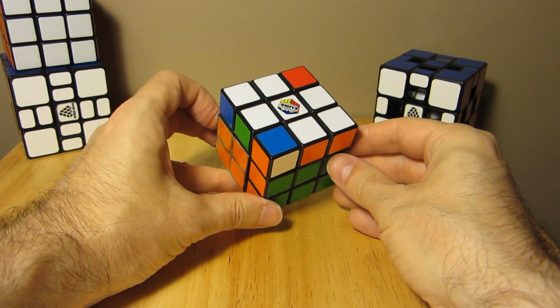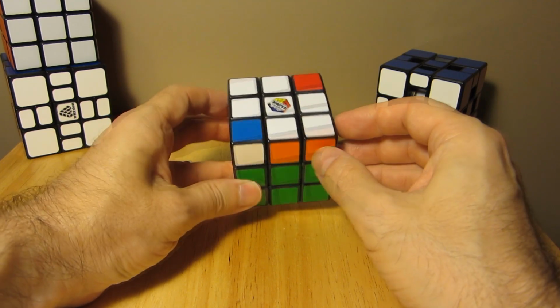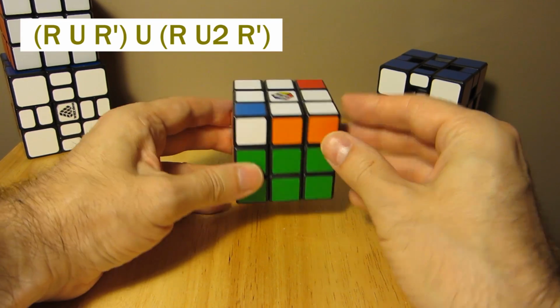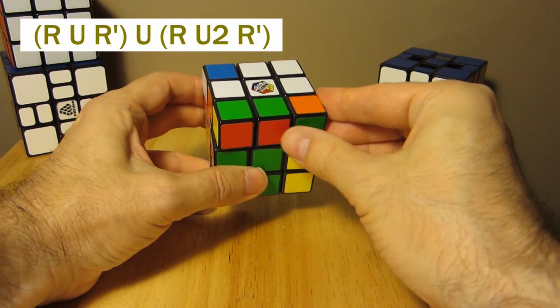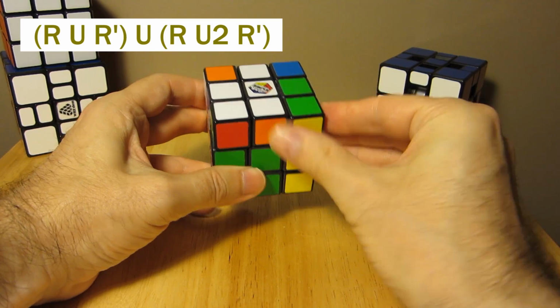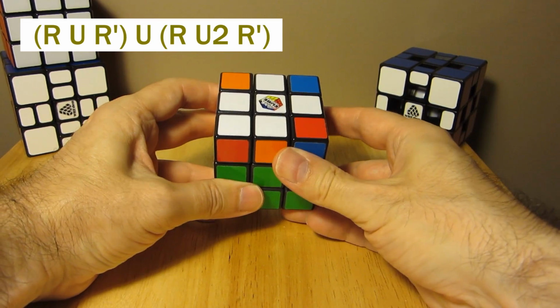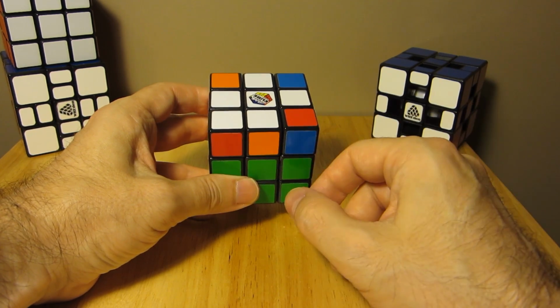Now I'm going to put all of these explanations in the comments, so you'll be able to follow it. This is just a beginner's method. So now that we have this, we're just going to go ahead and do SUNE: R U R prime U R U2 R prime. Now it didn't give us all of the corners, but it gave us a regular SUNE